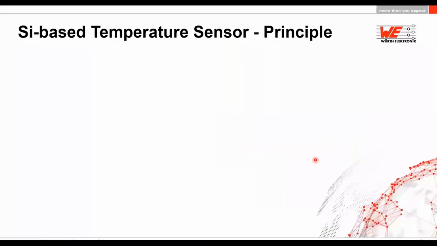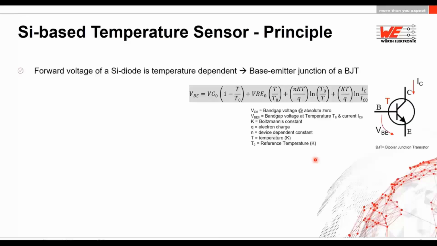Coming back to the temperature sensors, which are silicon based, how do they work? As mentioned, the forward voltage of the silicon diode is temperature dependent. This diode is basically the base-emitter junction of a bipolar junction transistor. Here you can see the forward voltage of the BJT is dependent on so many other temperatures. But